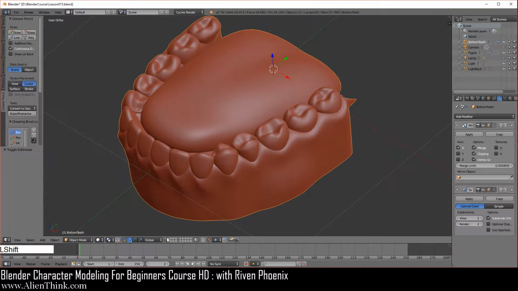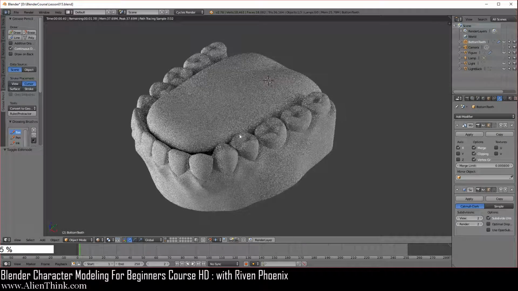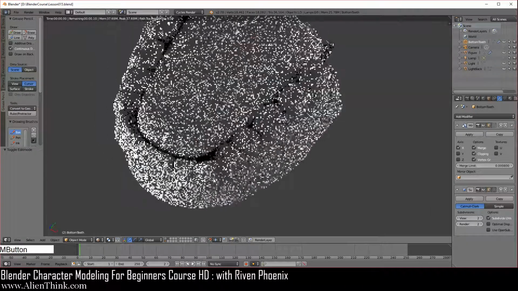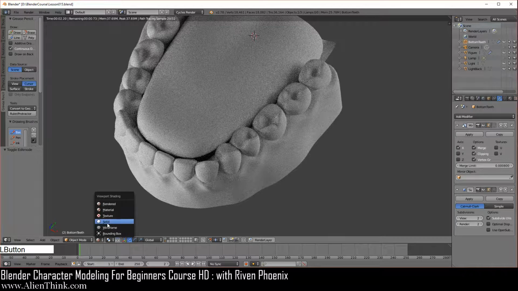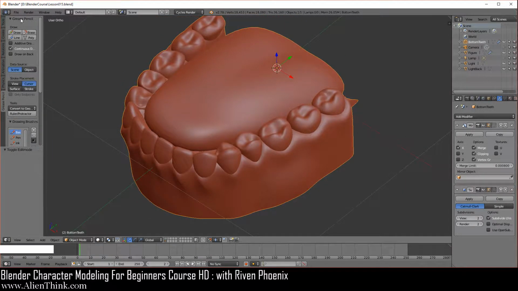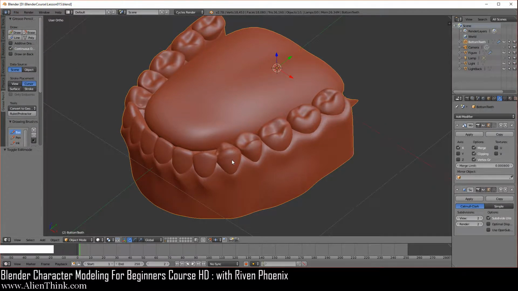Okay, you can click on this over here, layer, and do render just to see what you have. Press the 5 key to go into perspective mode, and just make sure you have everything over here. Okay, so I'm just going to go back to solid view over here and click on this layer and go ahead and now file and do your final save. So here you've successfully completed the lower area of the bottom teeth, tongue, and the gums. So I'll see you in the next lesson. Thank you.